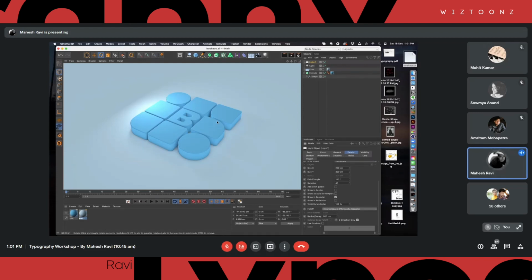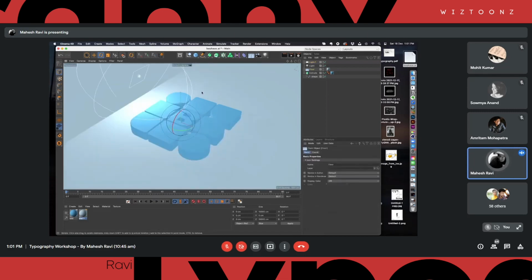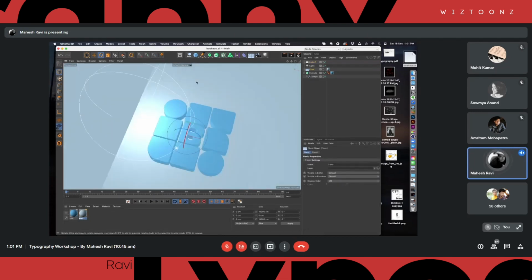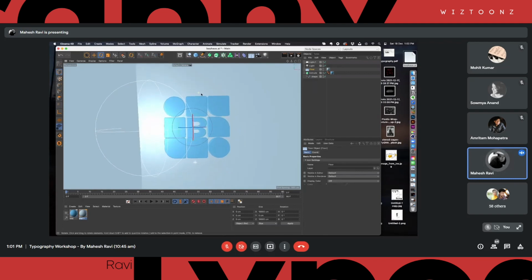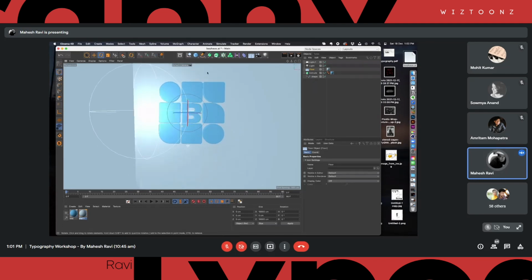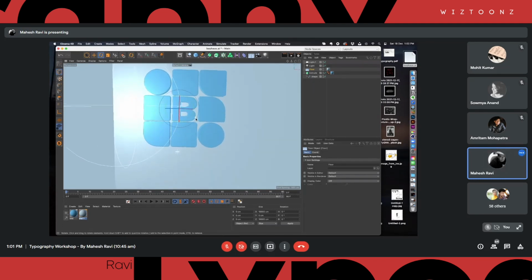So if there is any angle that you can actually work with, you can go here, you can change it to a straight angle. So if you put it like this, you can render it out and you can actually put it on a design, right? So that is the reason I actually reserved this for the last, because this is a slightly advanced effect. It requires a certain level of knowledge in 3D, but that is not rocket science. You can quickly learn this. Whatever I showed you, it is pretty easy.